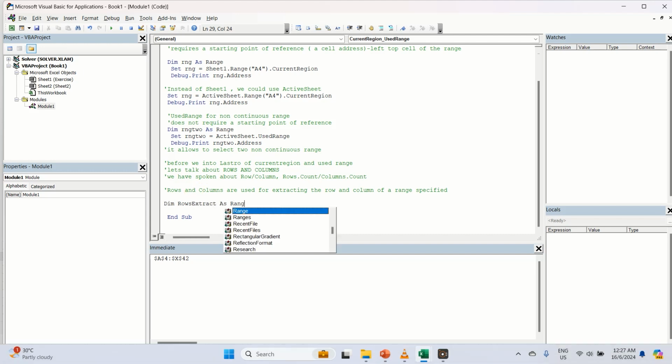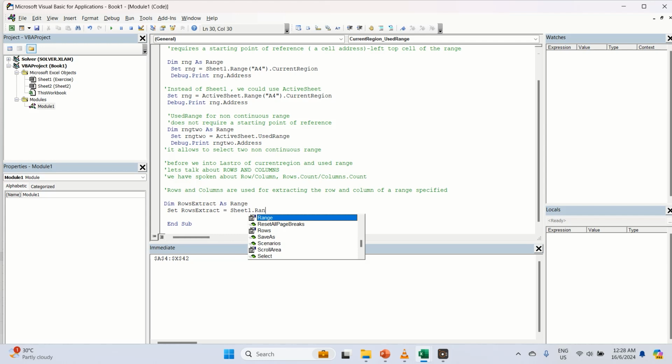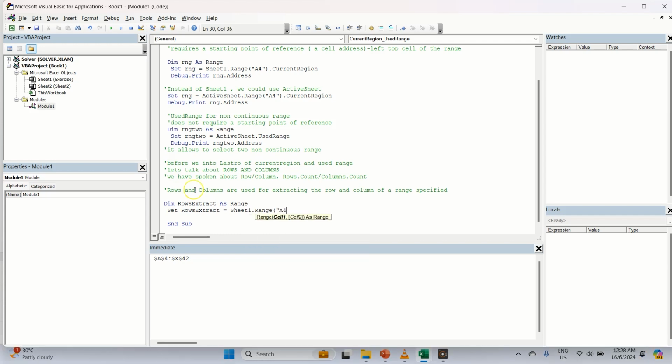Okay, just going to have this as range, and I'm going to set, because it's a range variable, set rowsExtract equals sheet1.range. So I'm just going to take any range, A5 to D20, right? You can take any range. I'm just going to say I want to have the address of the third row of this range, right? So I want to extract the third row of this range, and if I debug.print